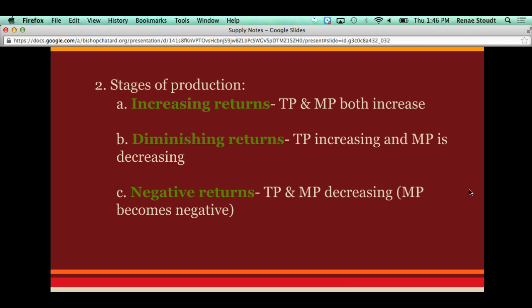Remember, we're talking about in the short run. So can you change the amount of desk space you have? No. Can you change the amount of paper you have? Not at all. So as a result, because all the other resources are fixed, they don't change, okay? What happens is you run into this problem where there are people there that don't have any work to do, and they get bored, and they distract other people,